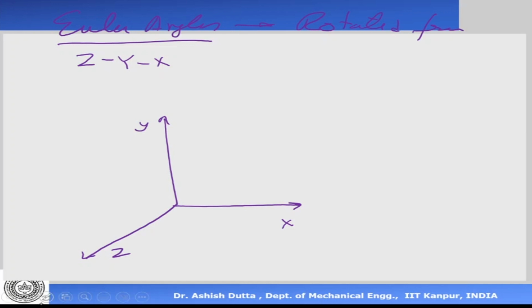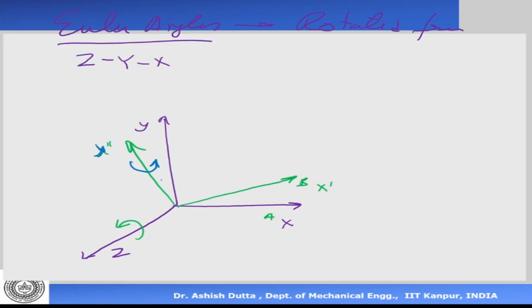Please note that carefully. So the first rotation is about Z. It comes here. So that's my frame B. This is my frame A. So it comes here. Okay, so this is my X dash and X double dashed. In the next rotation, what I'm going to do is I'm going to rotate about the rotated frame. So it was Z, Y. I will rotate about the rotated Y frame. This is my Y. Okay, so I'm rotating about the rotated frame.